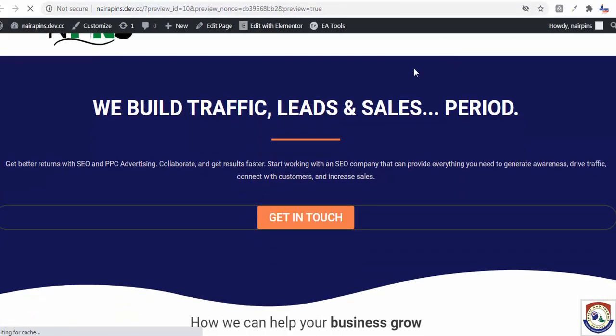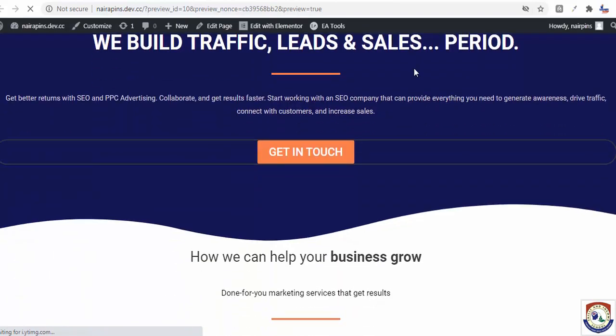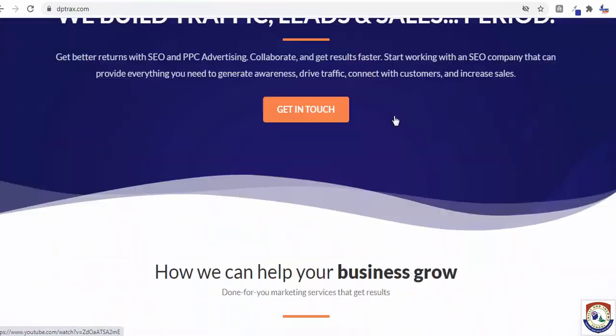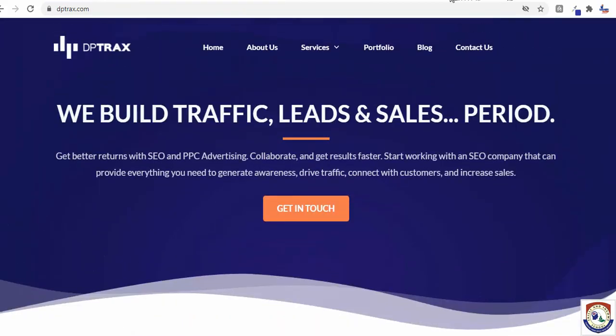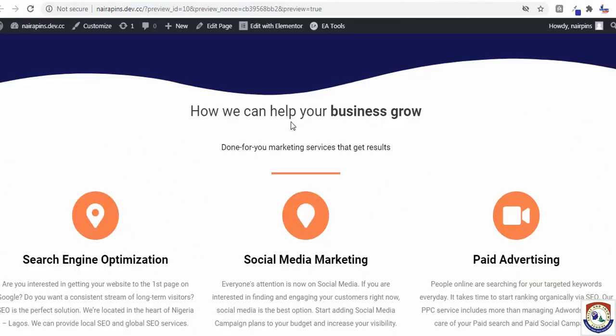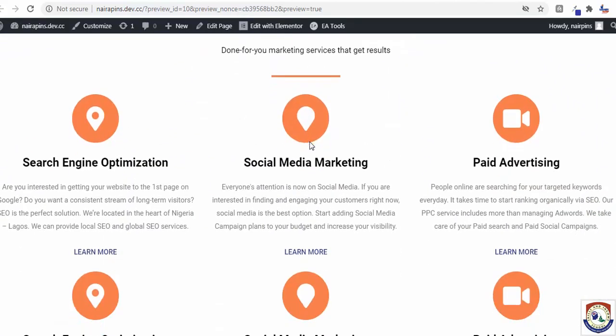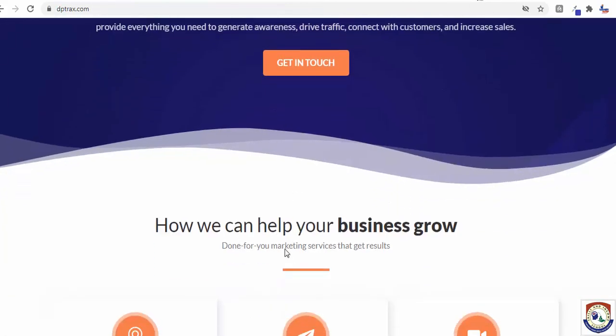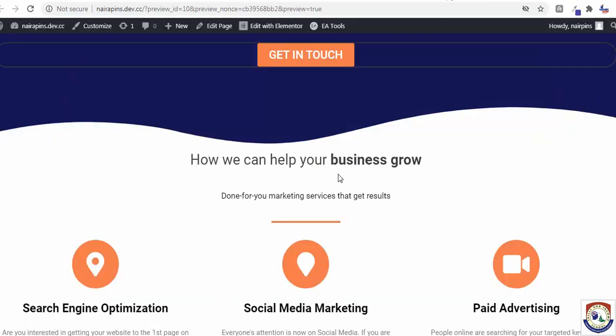Now it's looking awesome. Okay, so we can compare with this prototype. Okay, it's looking awesome. So can you see? So it's looking awesome, and we can adjust this. I'm going to teach you how to adjust this. Okay, you can see this space, can you see the space here? Now let me quickly teach you how to adjust this space.